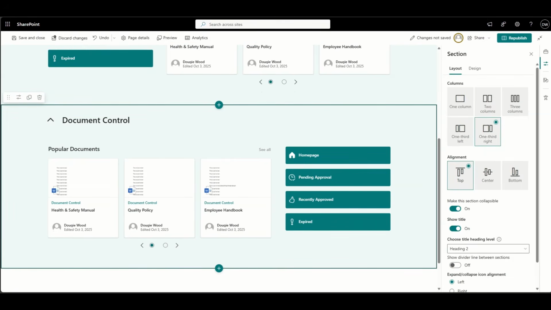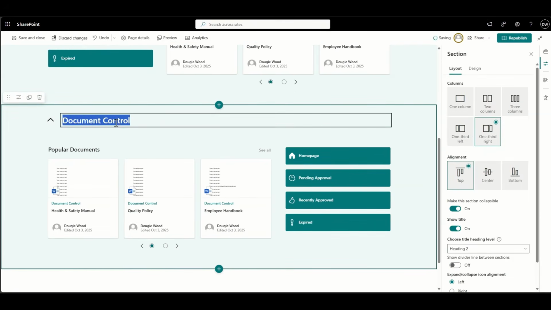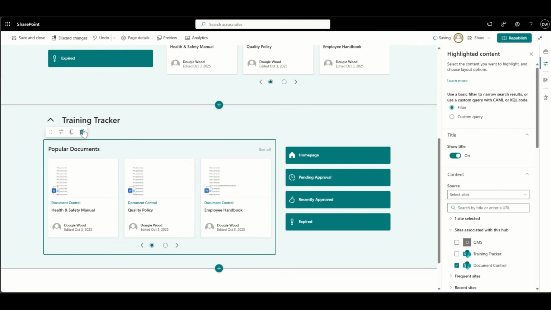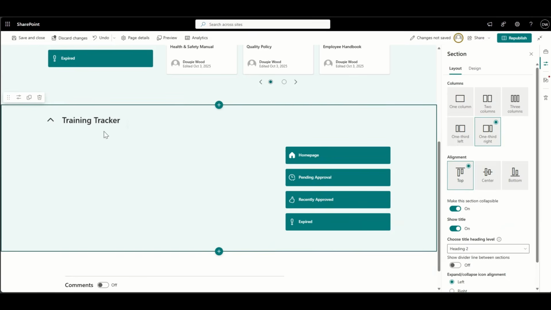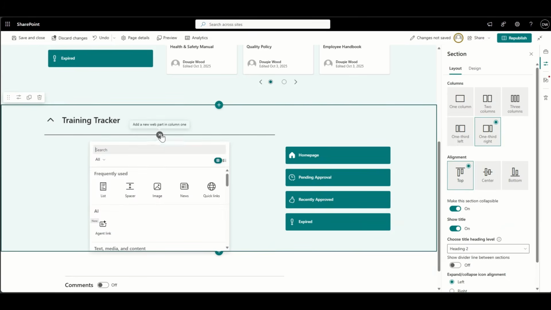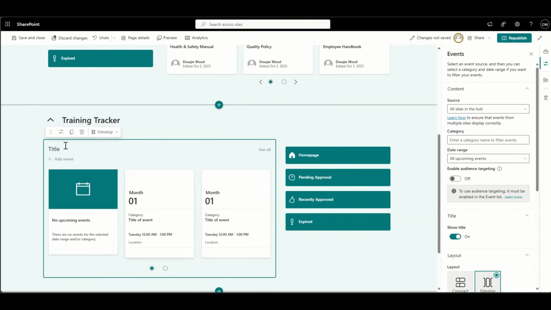So we just obviously need to update this. So this is going to be our training tracker, and actually, we don't really have a lot of documents for the training, but what we do have is events on this that I'm going to pull through. So this is going to be, say, upcoming